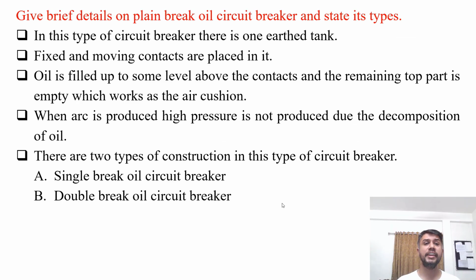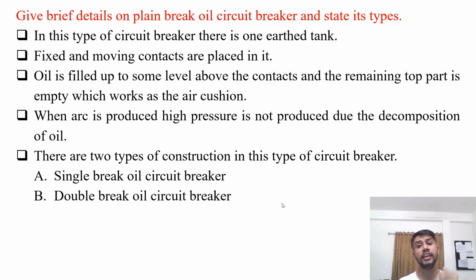Give brief details on plain break oil circuit breaker and state its types. In this type of circuit breaker, there is one earthed tank available. It is of a big size. Fixed and moving contacts are placed in it. Oil is filled up to some level above the contacts and the remaining top part is kept empty